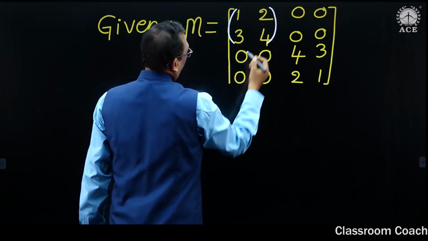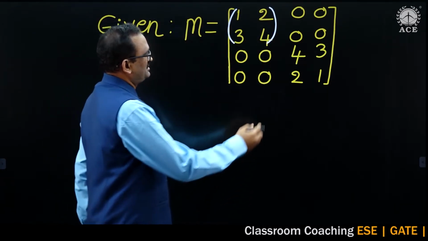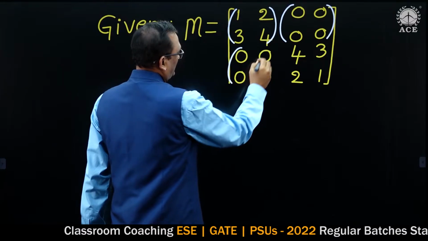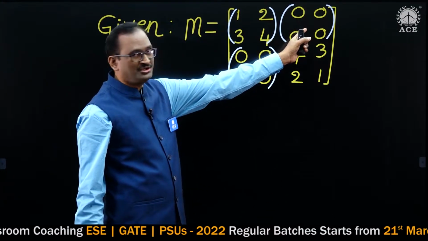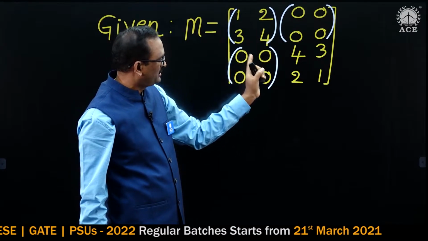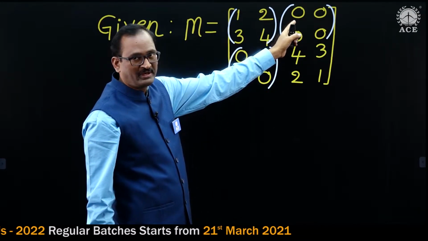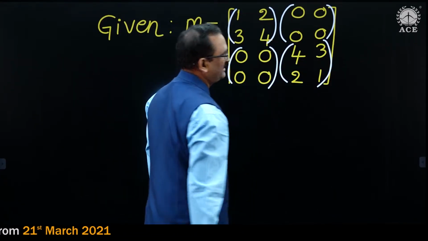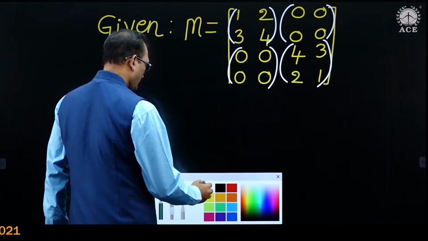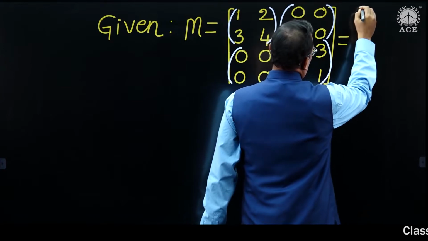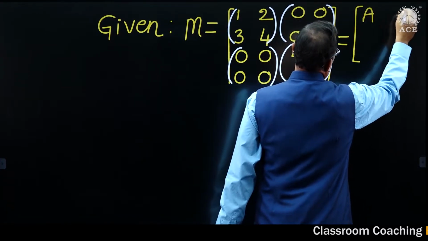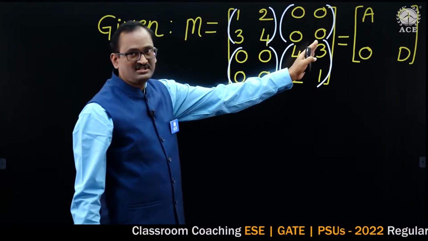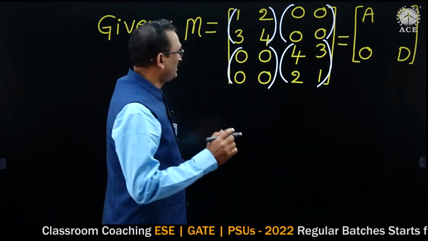this is one 2 by 2 matrix, let it be A. This is another 2 by 2 matrix, let it be B. This is another 2 by 2 matrix, let it be C. This is a 0 matrix, let it be 0, let it be 0. This is A, and B and C are 0 matrices, and this one let it be D. So this can be written in the form of A 0 0 D. Here B and C matrices are 0 matrices, then